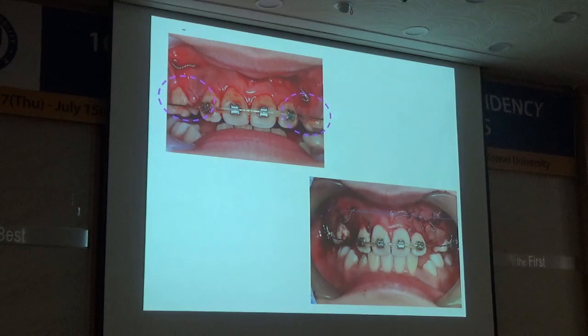This is a photo when we start to make the suture. When we make the vestibular incision, there may be bleeding, and the postoperative sequelae are more severe in the vestibular area. So I like this one, but